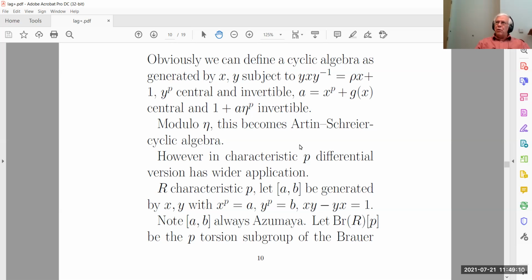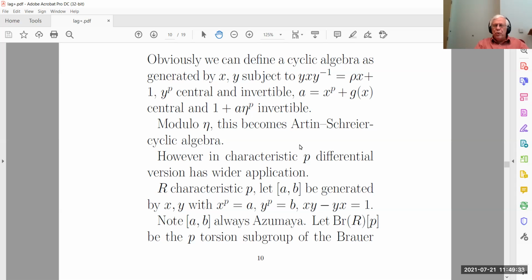Now, this goes back to my thesis, which I will decline to tell you the date of. Way back in my thesis, I observed that in characteristic P, the differential version of degree P cyclic algebras has a wider application. There are theorems that